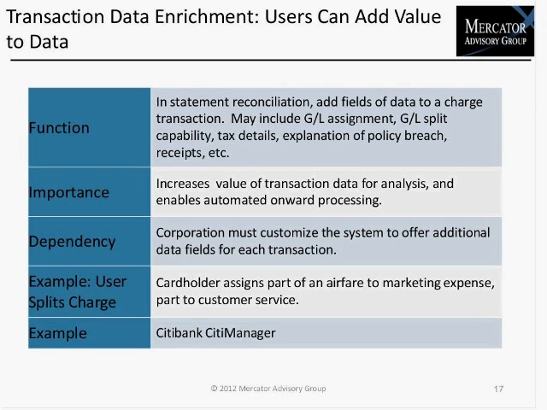So the capabilities of general ledger assignments and general ledger splits, including tax details, all of those functions are things that I as a user can do if the application supports my enriching the details around a particular transaction. Key dependency is that the corporate application has to customize the system to capture